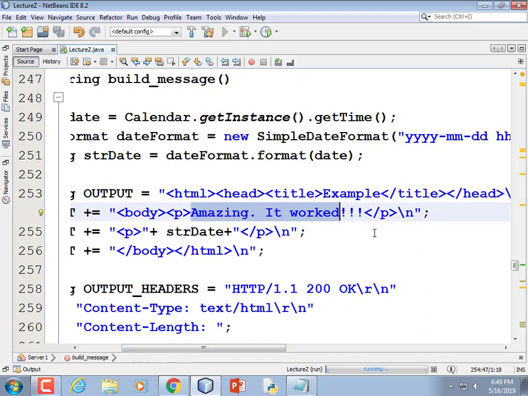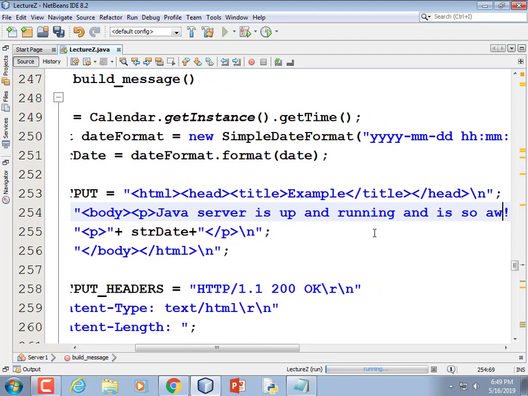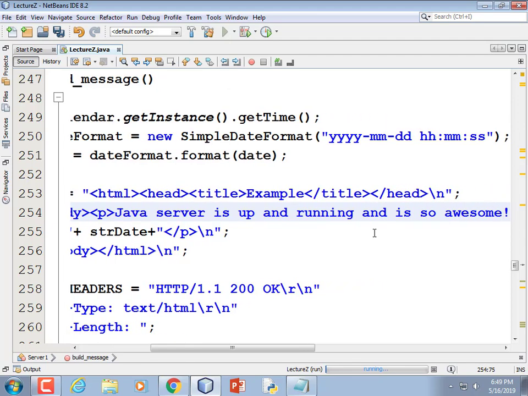So instead of amazing at work, it's going to say Java server is up and running and is so awesome. And let's make that a different color. As part of the P tag, we can specify some style information. So before that P that says Java server is up and running, angle P before the close,